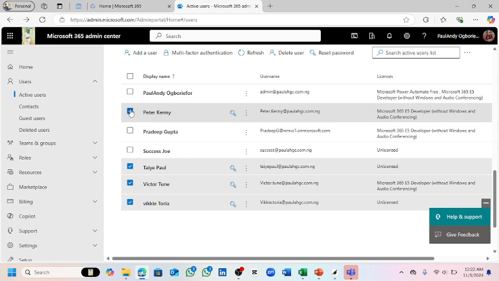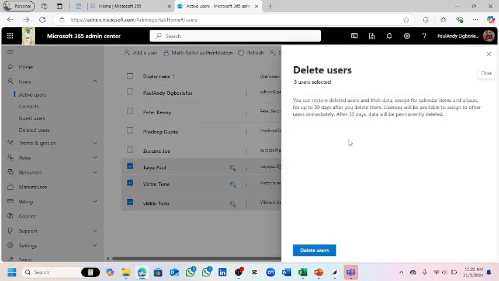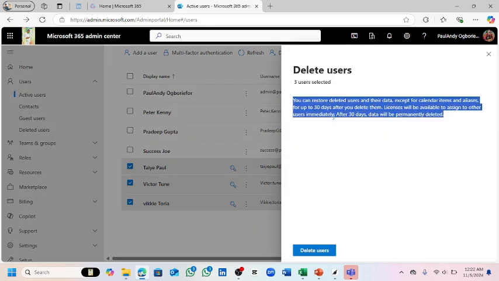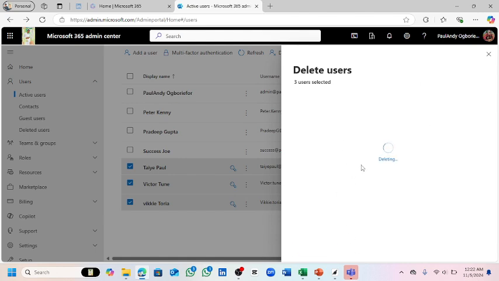I will have to uncheck this Peter and log in again and see. So I'm going to delete these users now. Then we have a delete user. You can see here you can restore deleted user data for up to 30 days. After 30 days, data will be permanently deleted. So I'm deleting them right about now. We expect that they should go, and then this license should come back to our count. So while this loads,